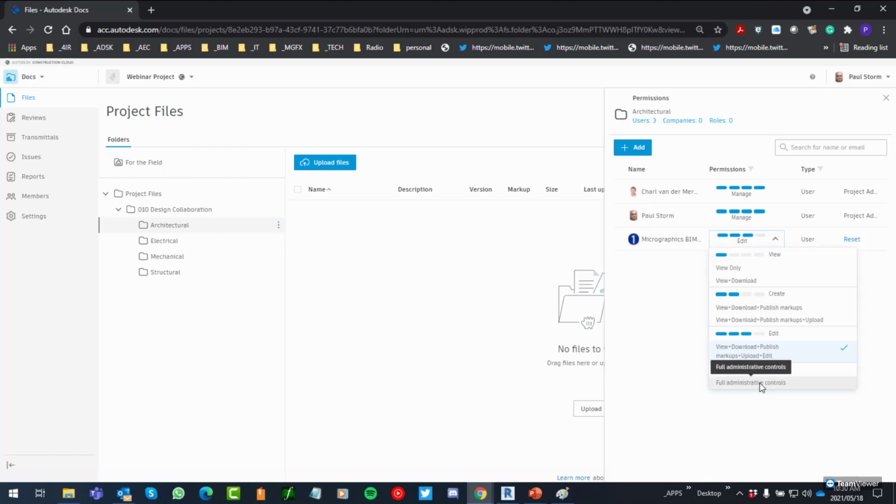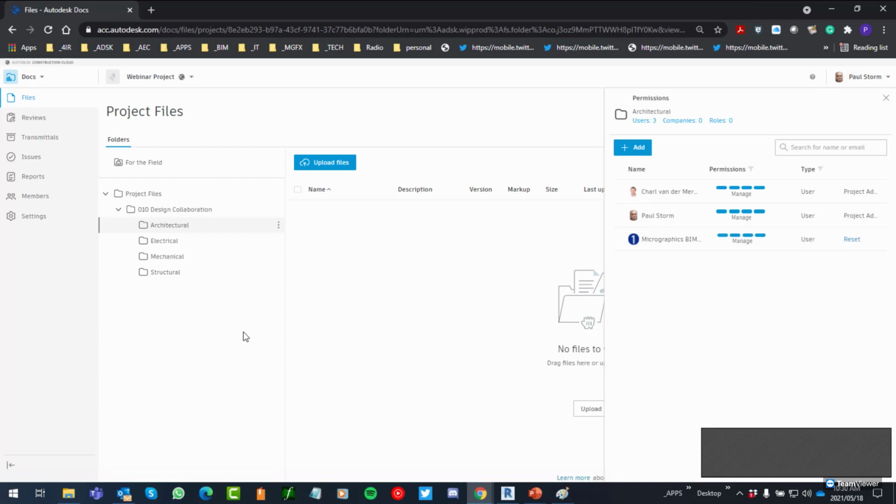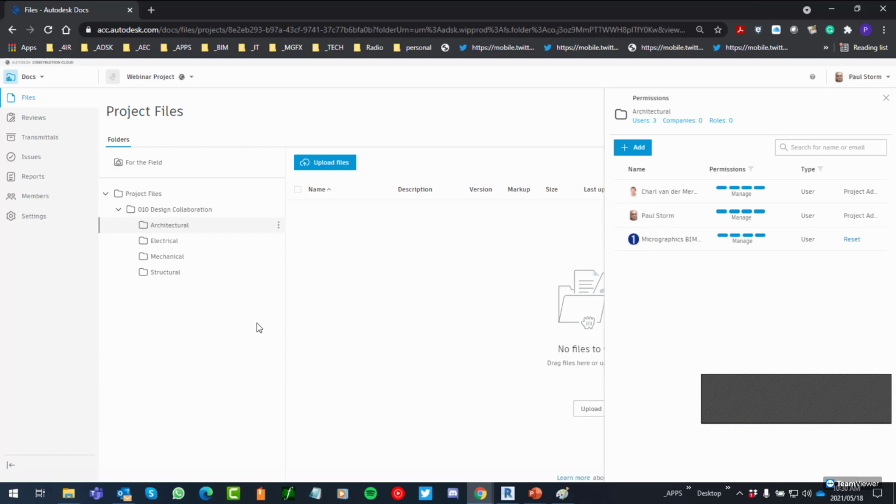That's with regards to permissions. Then we get to the interesting part. First we set up the folders and a permission structure, and then we need to start initiating the collaboration, the design collaboration part. So once we click on design collaboration,